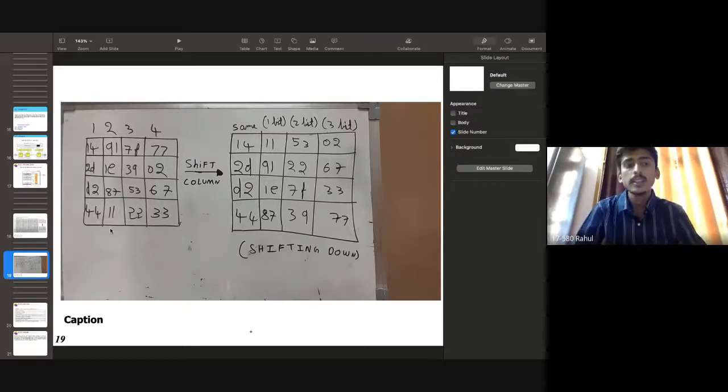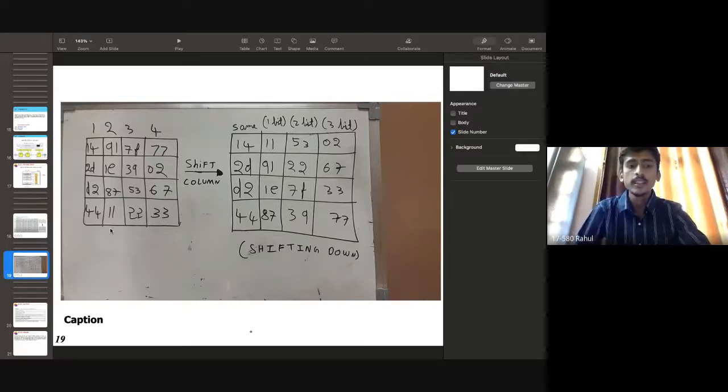The second column will be shifted 1 bit down. 91 is in the first row, and after the transformation, as I said, there will be a 1 bit shift, so it comes 1 bit down. You can see that 91 is in the second row in the second column. In the third column we have a 2 bit transformation, so we move each one 2 bits down.